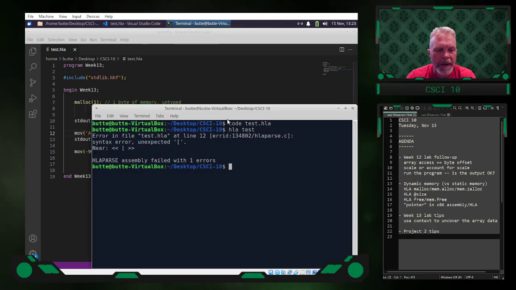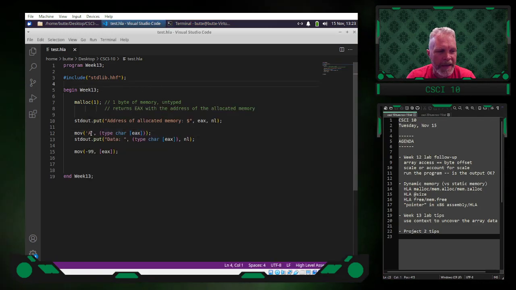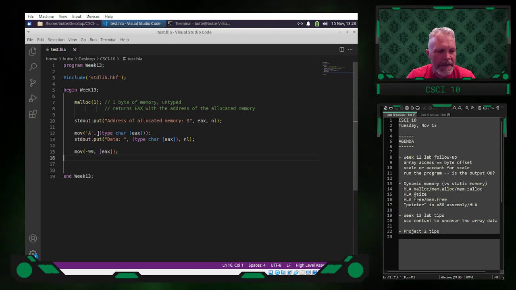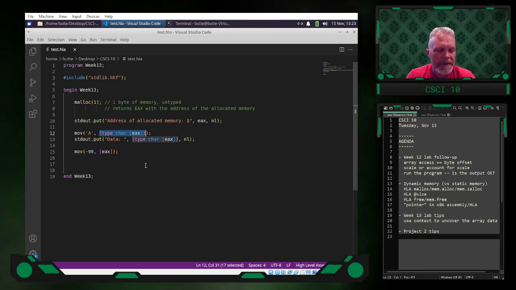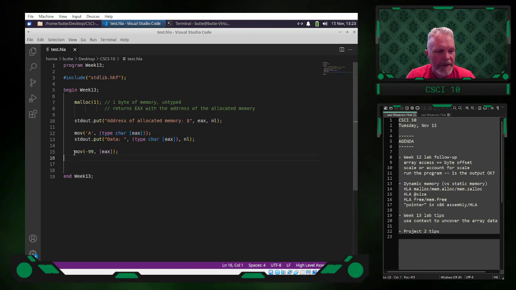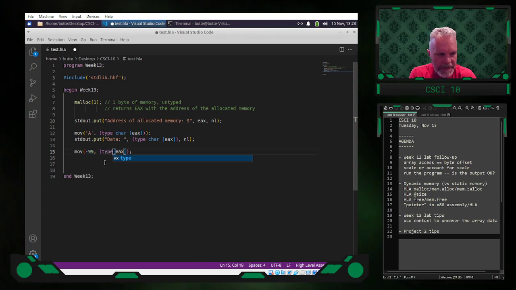So let's see if that helps the compiler do its job. Yeah, in that case, I thought the compiler was going to figure out that that was a single character, but it didn't. So I had to tell the compiler that that's a character, a byte's worth of data. Now I'm getting the same error on line 15, which is where I expected to get it, because